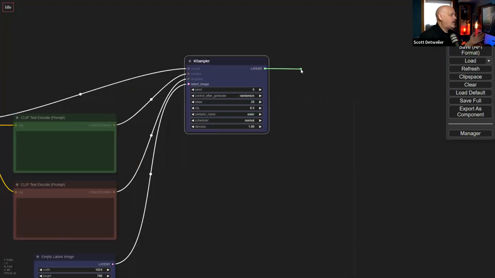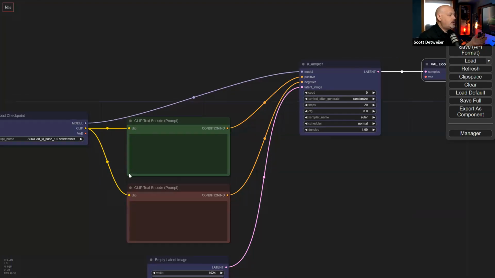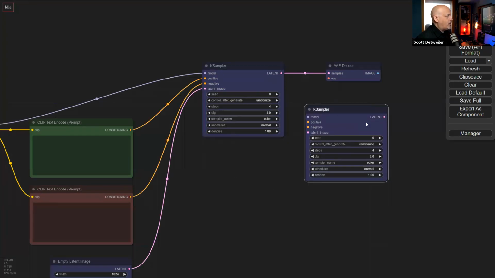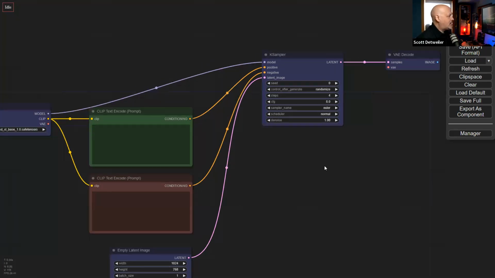From here, we then need to use a VAE to decode it. And where's our VAE? Well, most of the time it loads in with the model, but we can also use a different VAE. We can mix and match them at any time. In fact, if we wanted to, we could use this sampler for, say, the first 4 steps, and then use another sampler and continue to chop the time steps up and use different checkpoints if we wanted to. It's very interesting how you can link them together.